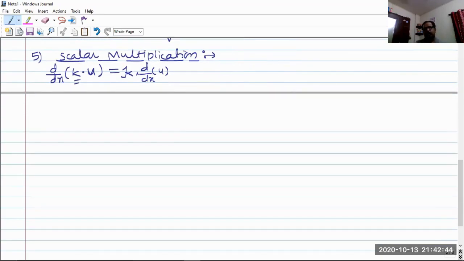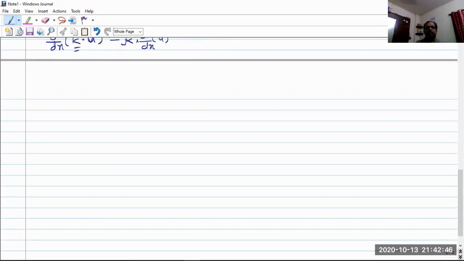So along with these rules of differentiation, students, we have the very standard derivatives. We call them the standard derivatives. What are the standard derivatives? We'll see one by one. We have various types of functions. We have exponential functions, algebraic functions, logarithmic functions, like this. So here we are going to see the rules of differentiation of such functions, and we call them the derivatives of standard functions. Let's see one by one.